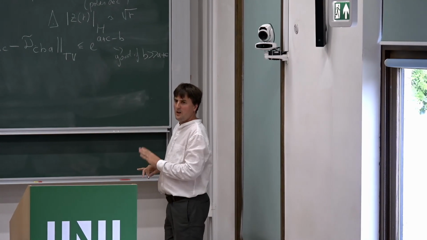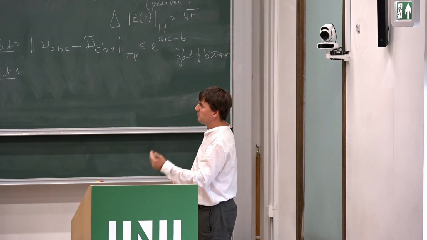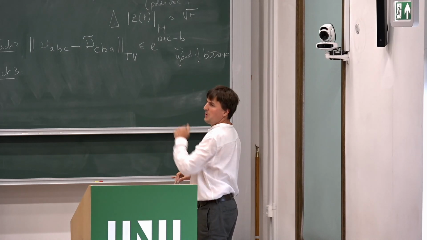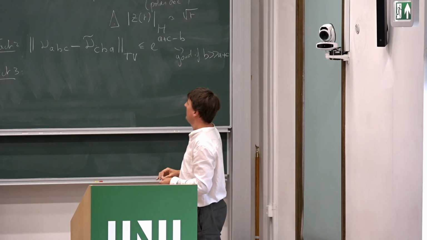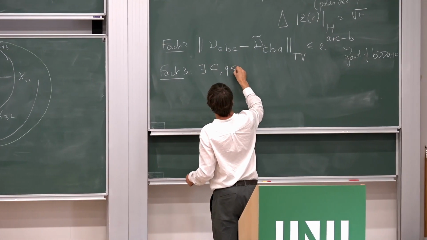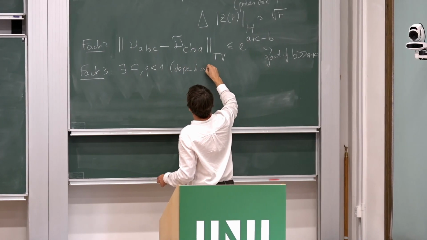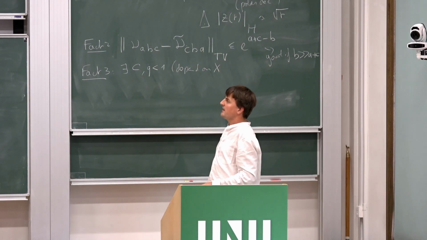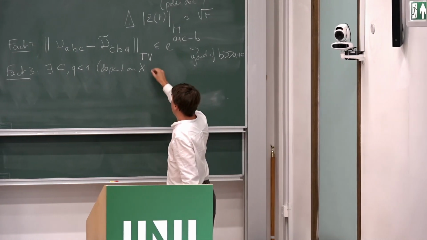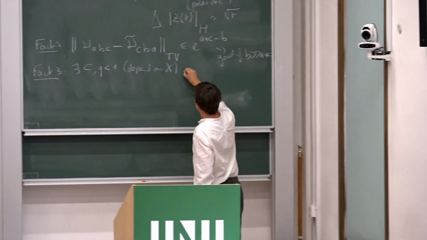So far there was no Banach space involved. So now we will use that we have a Banach space. We will use that the space is uniformly convex, and we'll get a conclusion about the actions of Z. So there exists some constant C and Q that is strictly less than 1 that depend on X, and they depend on X through the epsilon delta dependence that I have as in the axioms of uniform convexity, such that